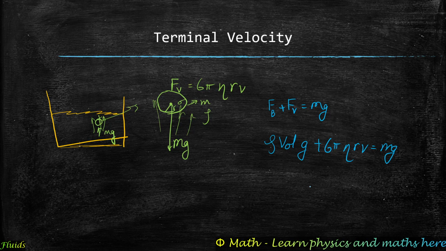So by Archimedes principle, from here we can say that some things get cancelled and we will be left with, okay, writing this mg,